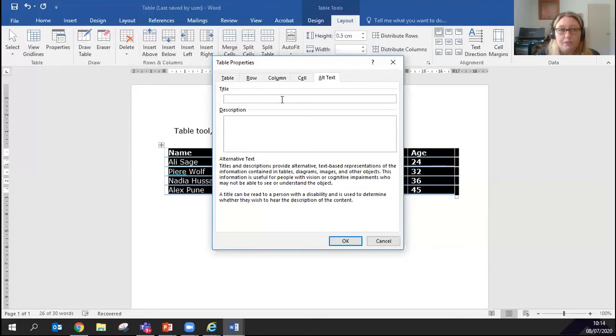The other important thing is to contextualize it. So why are you doing this? Why is the table important? So you would put your title in. So the title of the table is shoe size,